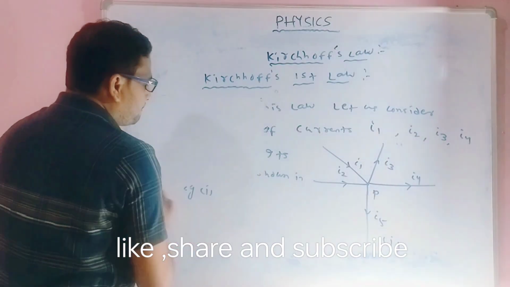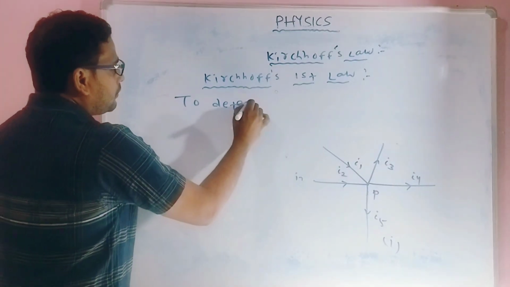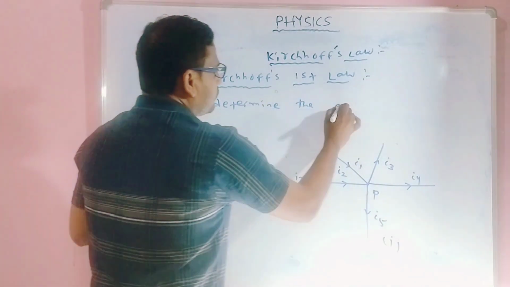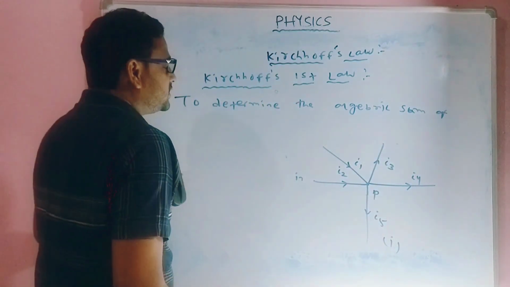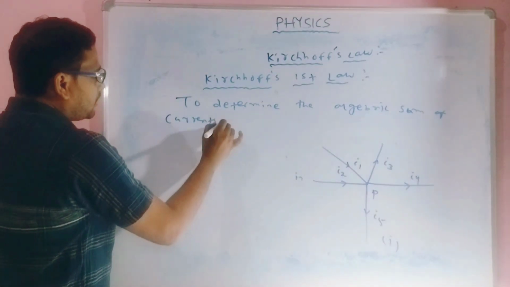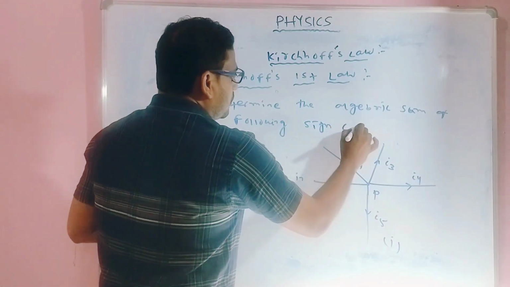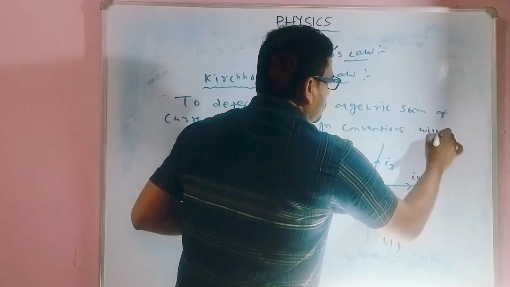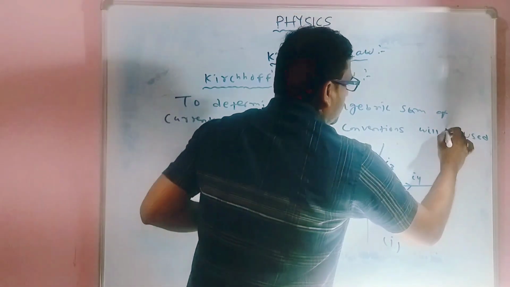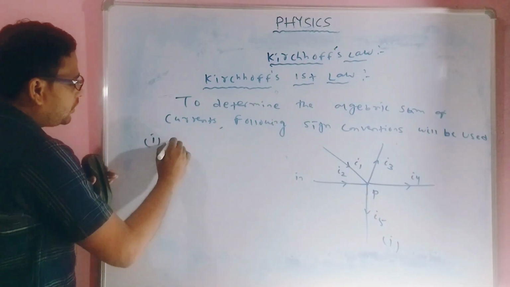Next, to determine the algebraic sum of currents, the following sign convention will be used. Which sign convention? Look, first point: